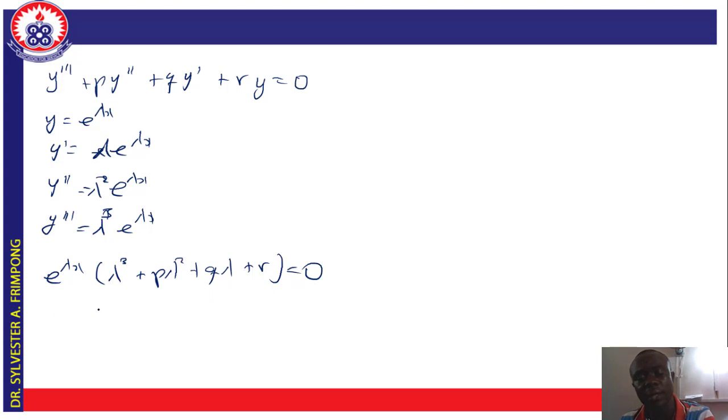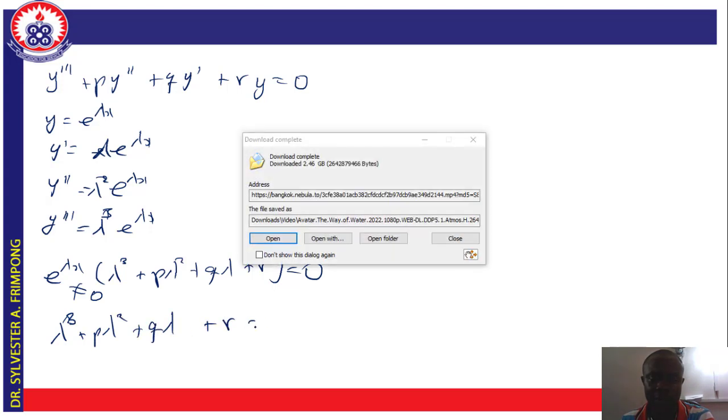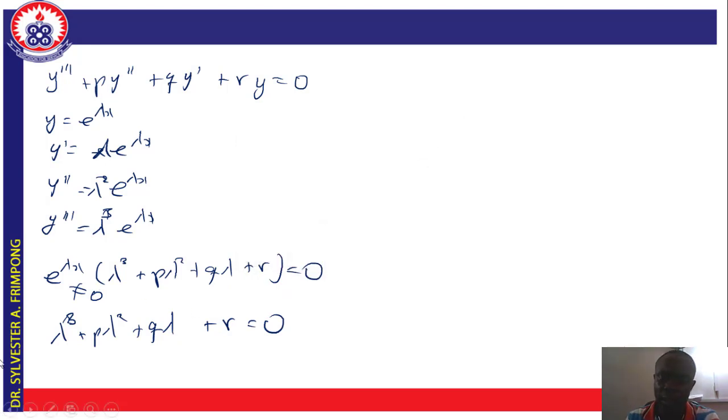And for that matter, since the exponential is not going to be 0, this cannot be equal to 0. You have lambda cubed plus p lambda squared plus q lambda plus r equal to 0, which is going to be the characteristic equation of the third order